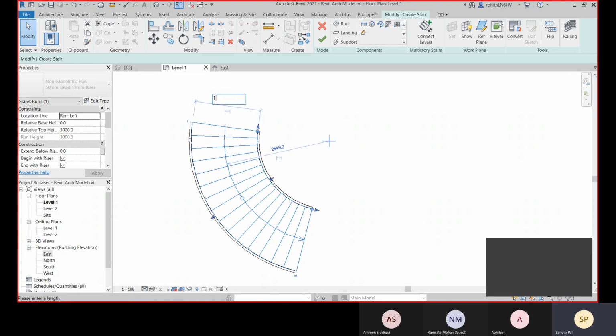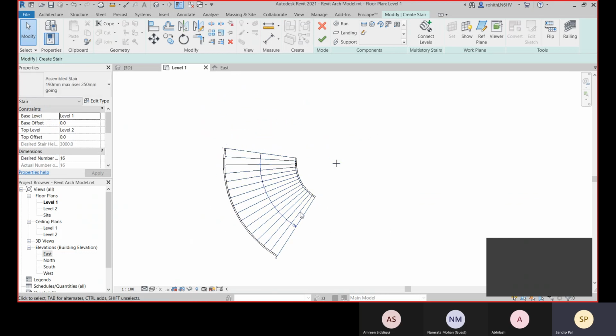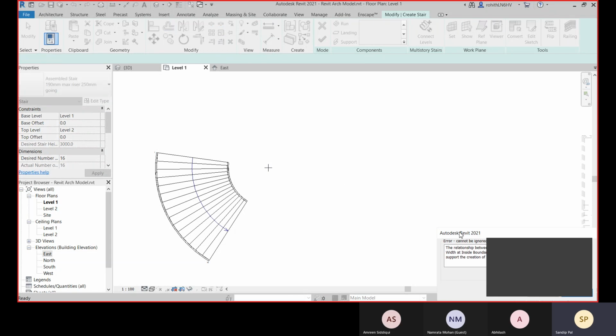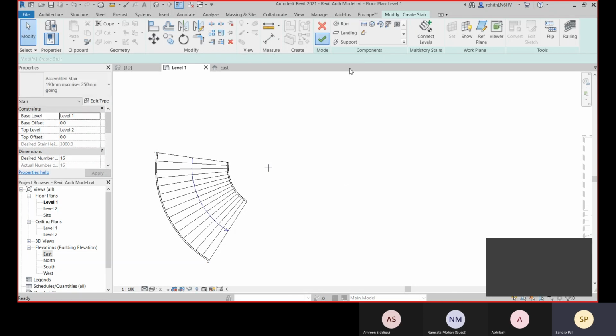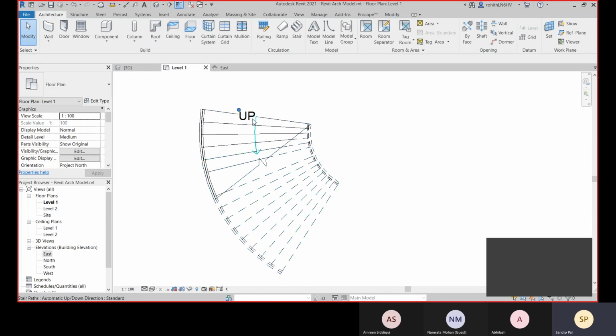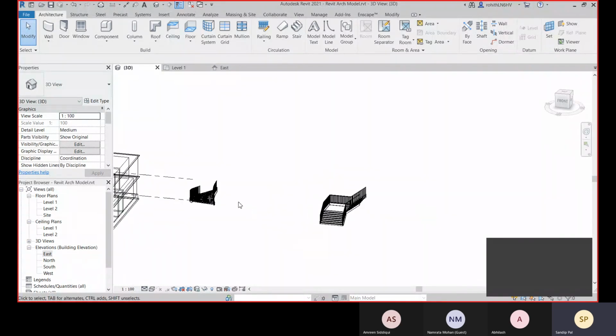again. 1000, and there you can see. Okay, so the placement of these is very easy. Sorry, create this one, and we will create after that also. So you see this arrow, this is showing you the direction, that this is the direction for upside. Okay, you can go to this, and there you see.